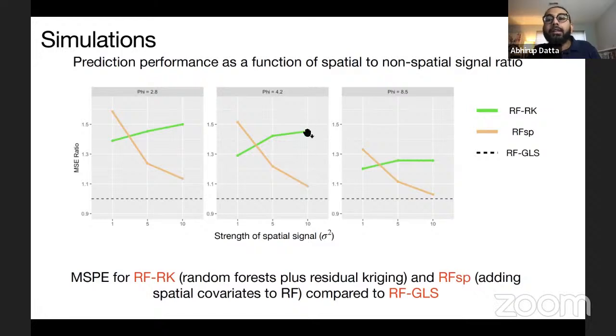So it does well. The RFRK, which ignores the spatial information completely, does poorly. But the RFGLS consistently does better than all of the methods in all of the scenarios because it is modeling the spatial covariance using Gaussian process, and the estimate of the decay parameter in the Gaussian process can adapt to the strength of the spatial signal. So if sigma square is high and the spatial correlation is high, its estimates are also going to be high and it's going to perform well. If they're low, its estimates are also going to be low and it's going to perform well. So it performs well at both ends of the spectrum and outperforms both of these methods.